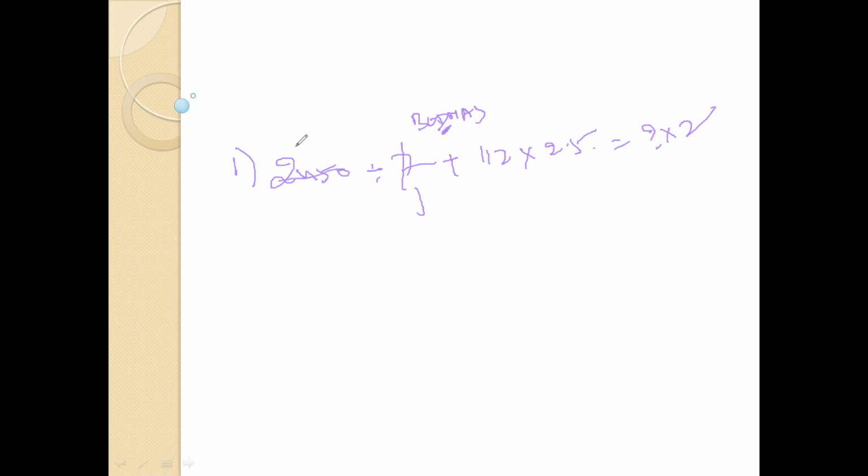7 1 ja, 7 3 ja 21, carry 3, 35, 7 5 ja 0. So this part value we get here. After division, we go for multiplication. So 25 2 ja 50, 25 1 ja 25, 30, 25 1 ja 25, 3 28. So before one digit place the decimal. So this value is also 280.